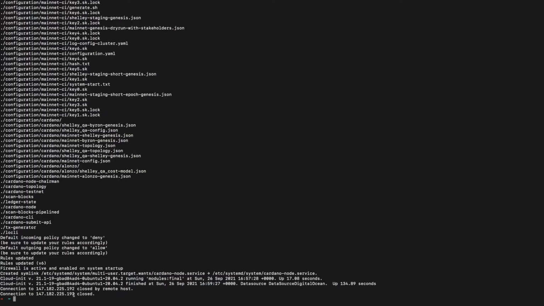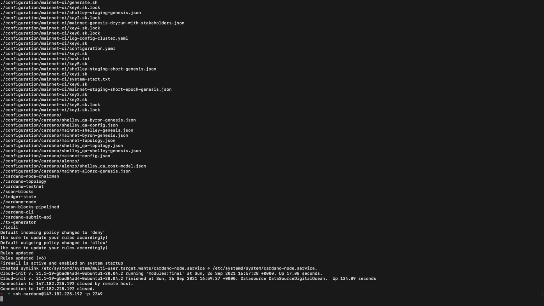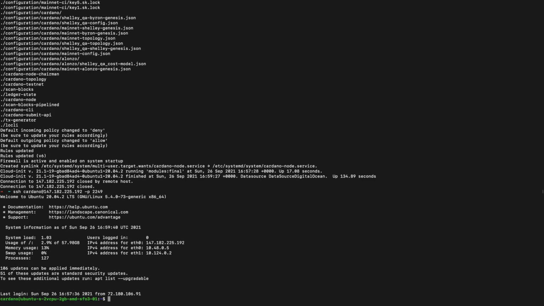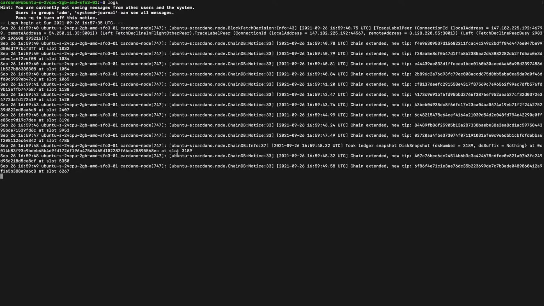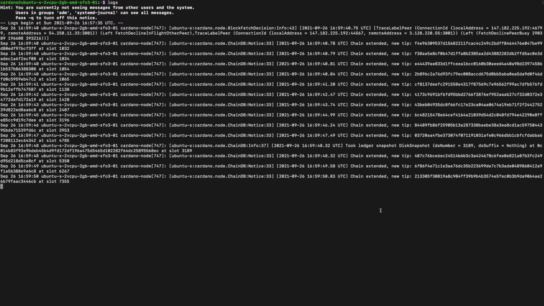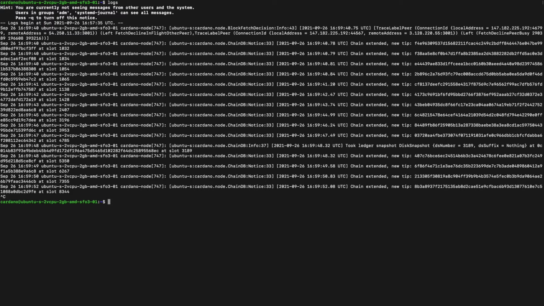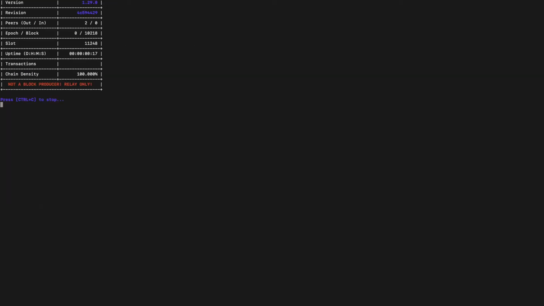So we have been logged out of the server because it is set to restart whenever it completes, just to apply some configurations. So we can log back in, and we are up and running. If we type logs, we can see that the node is up, running, and synchronizing with the blockchain. And we can type view, which is another alias which will show us a little bit more details into how